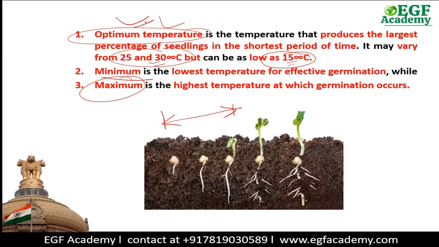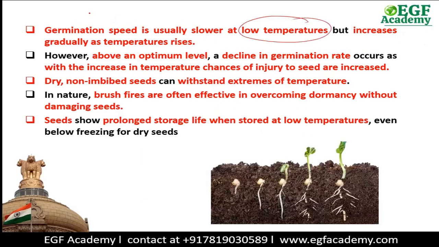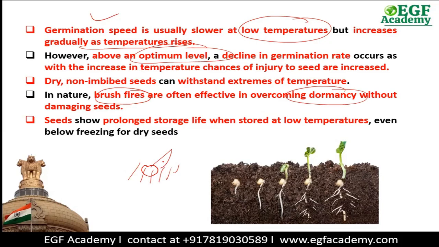So if the temperature is low, then the speed of germination reduces. But even if the temperature is very high, then also the speed of germination reduces. The speed of germination will be maximum only at the optimum level. Now there are some plants that require very high temperature, mainly in the region of bush fires. When the seeds are exposed to fire, only then their dormancy will break and then they will germinate. So some plants need fire to germinate. So in this way, there are different temperature ranges in which the plants germinate.